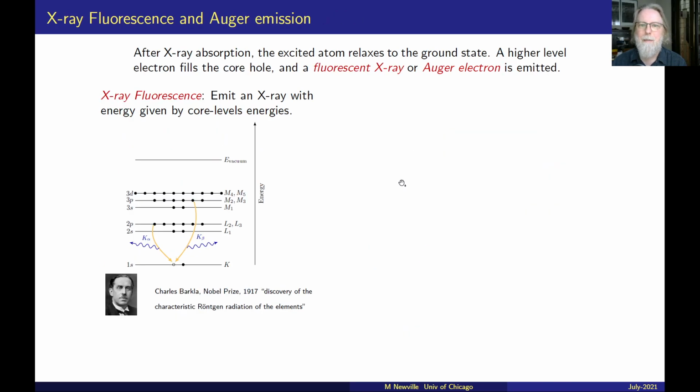When that atom is in the excited state, it will relax. And that relaxation of the excited state gives rise to X-ray fluorescence, which is a very important companion process to X-ray absorption. So with an atom in an excited state, you can have a higher energy electron drop into that core level, and that will emit an X-ray or light that is characteristic of the difference in those energy levels. So the 2p level dropping to a 1s gives so-called K alpha emission, whereas a 3p electron dropping down to the 1s emits K beta